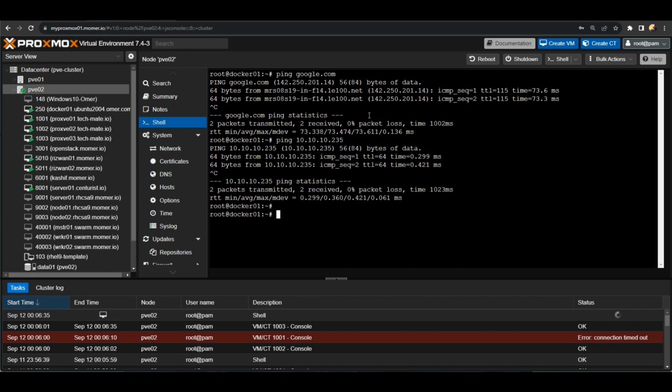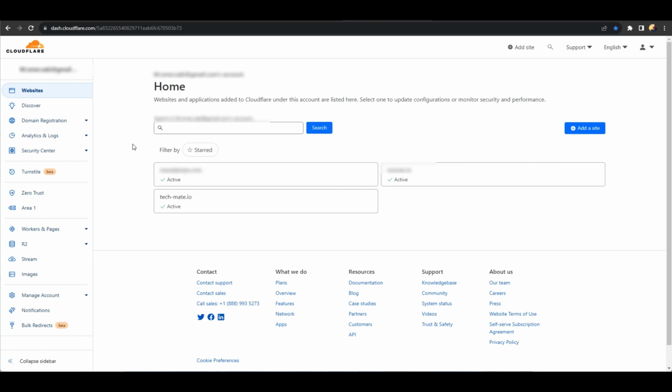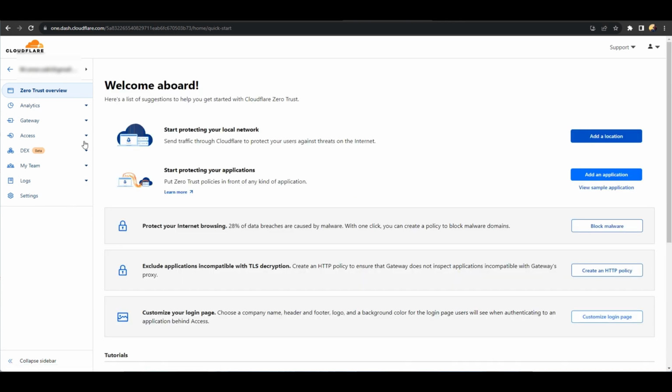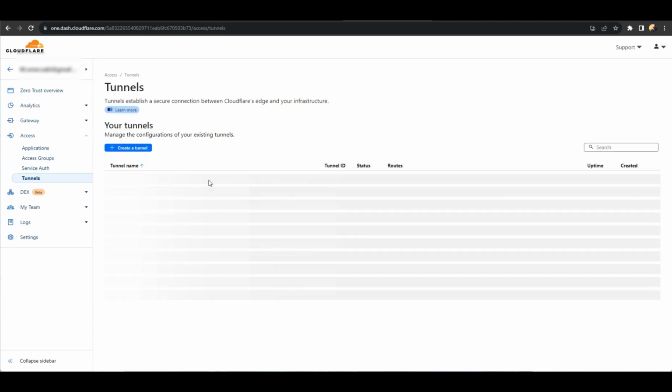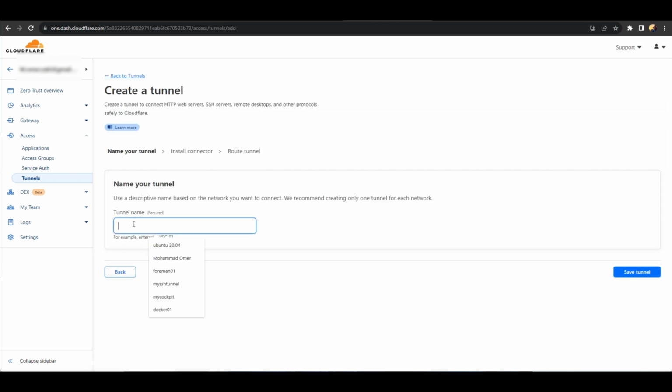There are a couple of other methods as well, but I'm showing you the method through Docker. So go to Cloudflare, go back to your main dashboard, click on Zero Trust. Under that, you click on this drop down button under Access. Click on Tunnel. I already have a few test tunnels created, so create new tunnel, give it any name. Tunnel new, for example. Next,